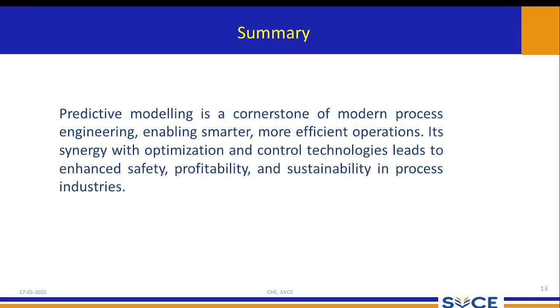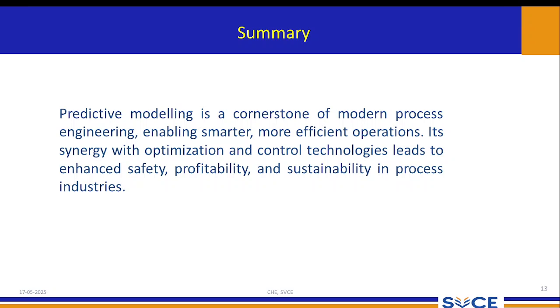Because it will not deviate from the set point, it automatically adjusts. Model predictive control will try to identify the changes and then adjust accordingly. The synergy with optimization and control strategies leads to enhanced safety, profitability, and sustainability in the process industries. Maintaining a consistent uniform rate is not possible for any unit operation or unit process, but by implementing this type of control, model predictive control, you can capture the changes in a very efficient